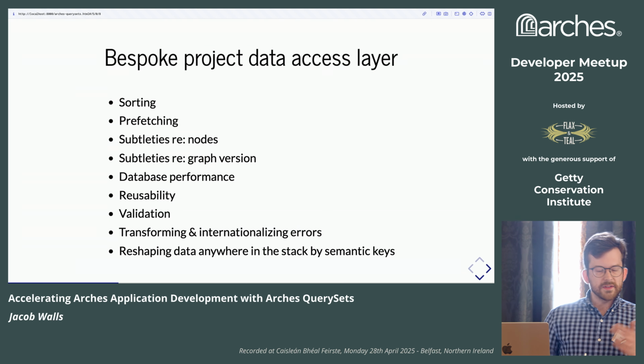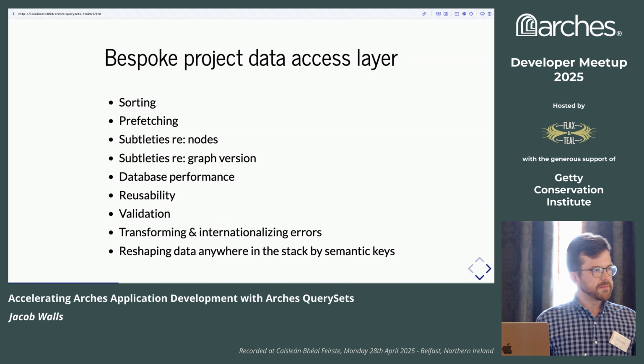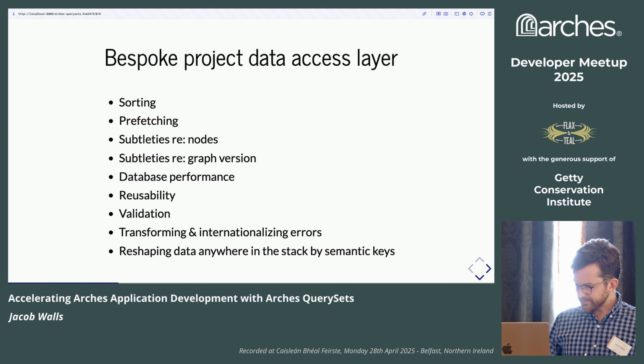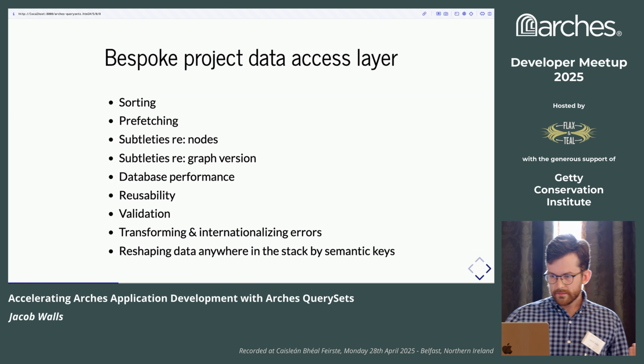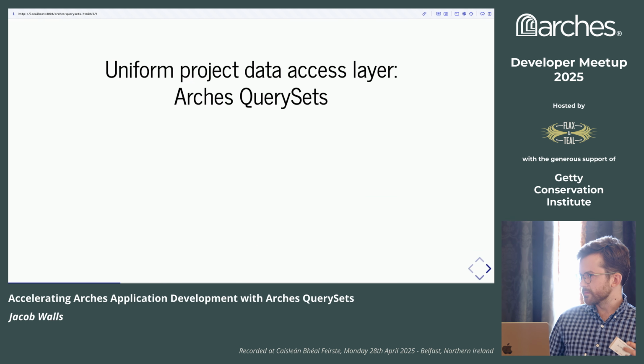And some of these things, as I've already mentioned, would be useful in other places besides views, right? Management commands, migrations, etc. Wouldn't it be nice to use named node and node group aliases all over your stack? And so on. So that was the inspiration for this work, which was to try to generalize and reduce the surface area for omissions and delegate these aspects of data fetching to